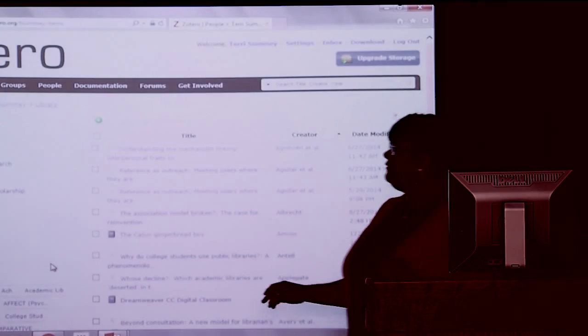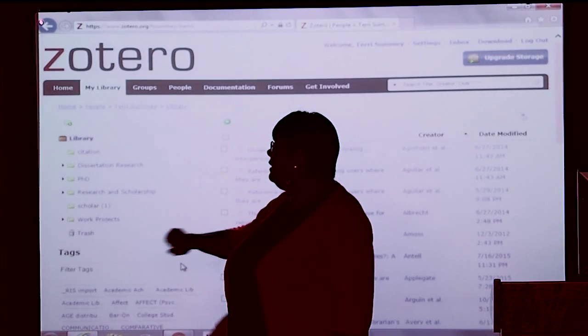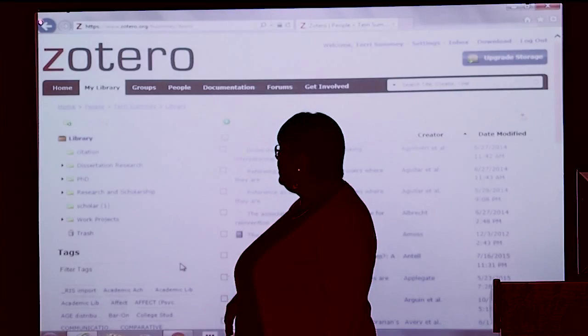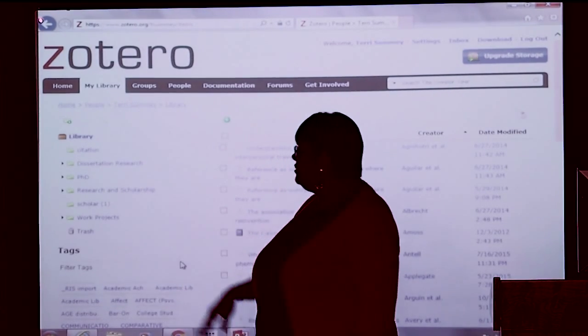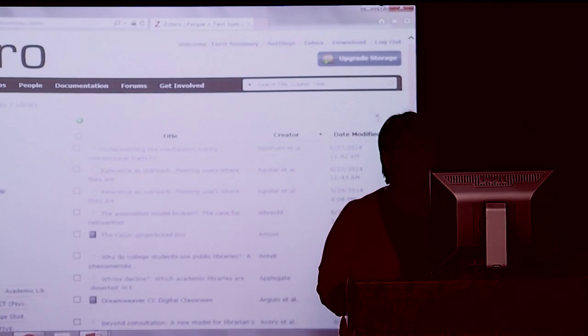So you can see what I've done over here. This is mine. I've got my library over here. I've got my dissertation research, which is what I'm writing right now. I've got the work from when I was taking my PhD classes. I've got sites there, research and scholarship, work projects. So it's a librarian's dream because you can organize to your heart's content.